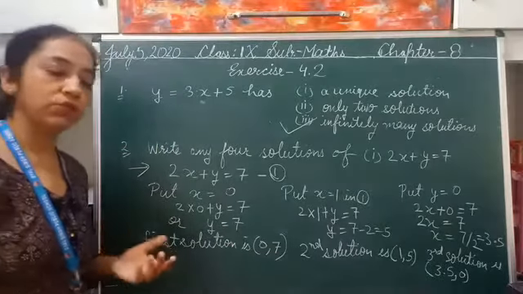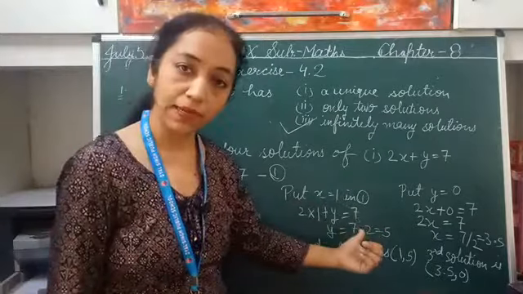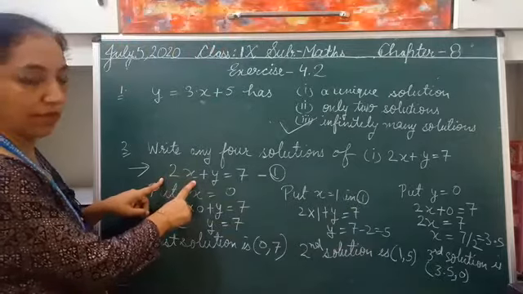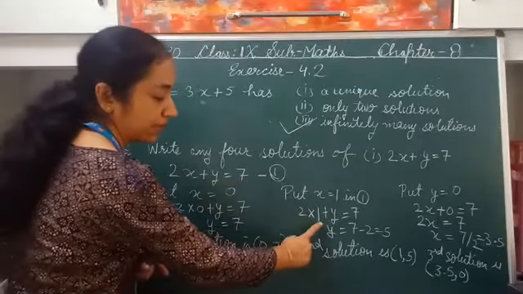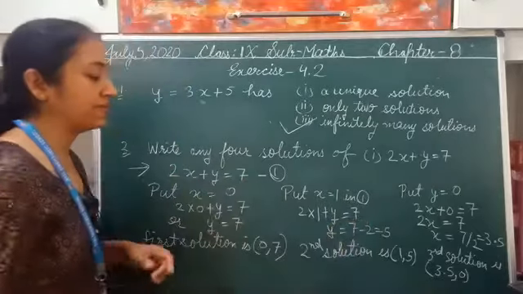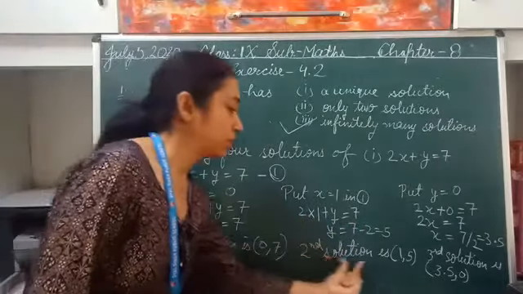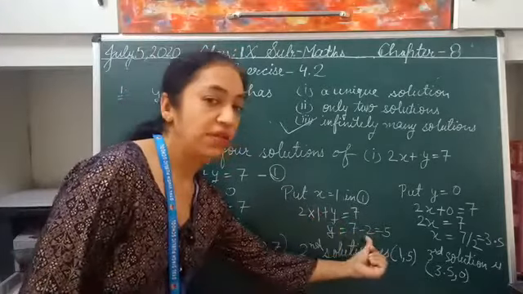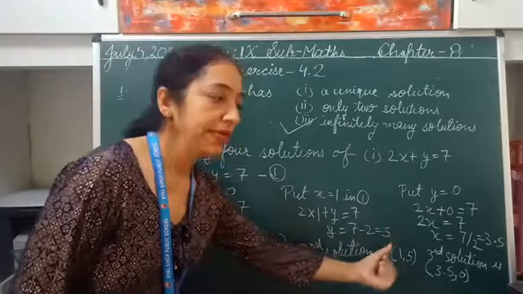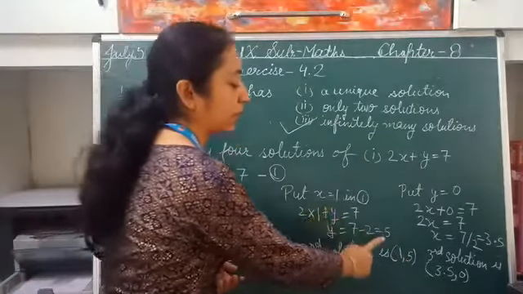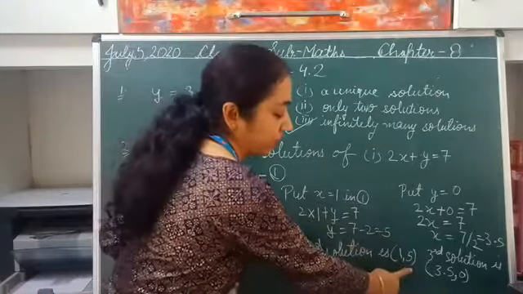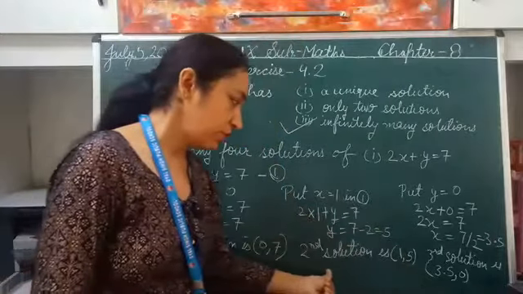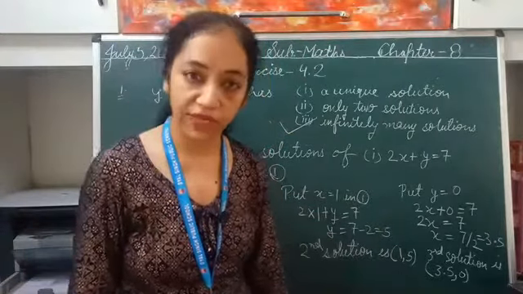Next, to find out the next solution, now I am assuming x is equal to 1 in the same equation, right? If you take x is equal to 1, it will become 2 multiply 1 plus y is equal to 7. Now 2 multiply 1 is 2. Shift the 2 on the other side. It will become 7 minus this 2. 7 minus 2 is 5, right? So जब आपने x को 1 put किया, आपका y 5 आया. x 1, y 5, right? So abscissa 1, ordinate 5. So our next solution, second solution is 1, 5, right?